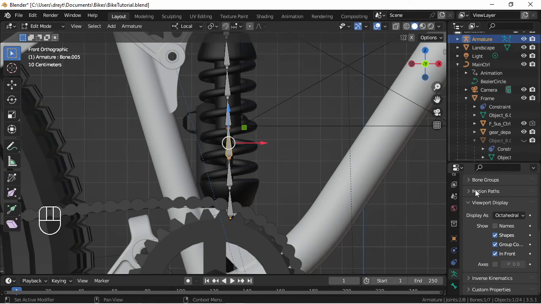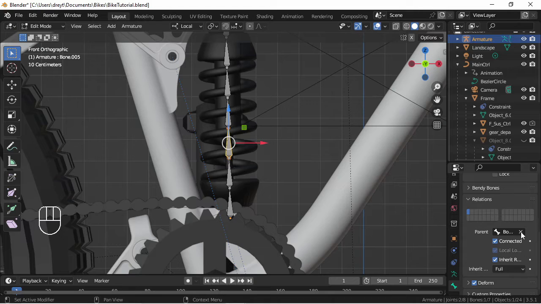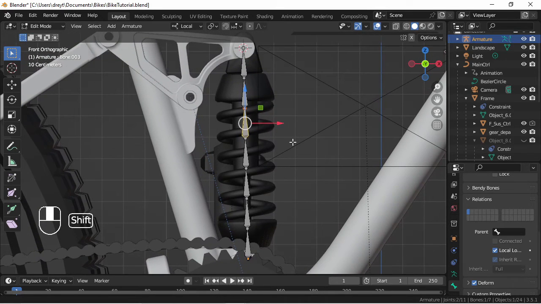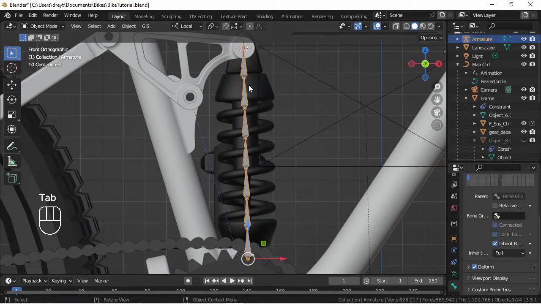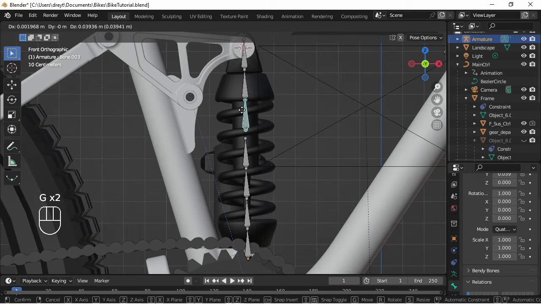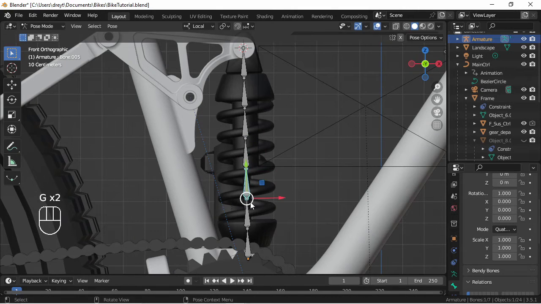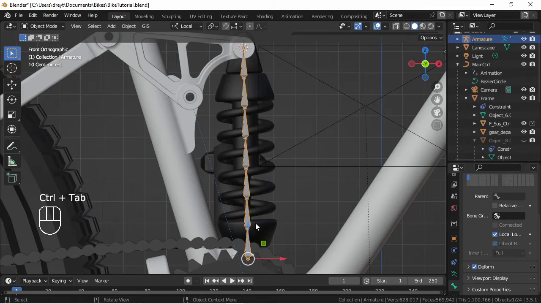In this case, we're only separating the middle 3, which leaves 2 on the top and 2 on the bottom. And so on either end, they're basically acting as anchor points, and that gives the middle 3 the freedom to move around, but still have some level of constraint within the armature hierarchy. So now that those 3 are disconnected, I'm going to back out of pose mode